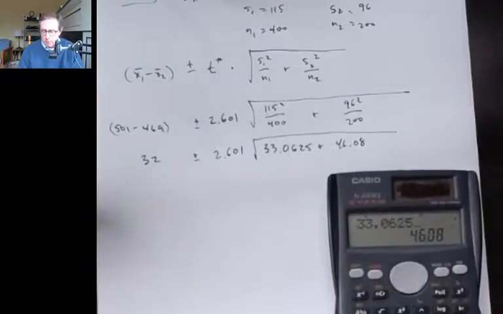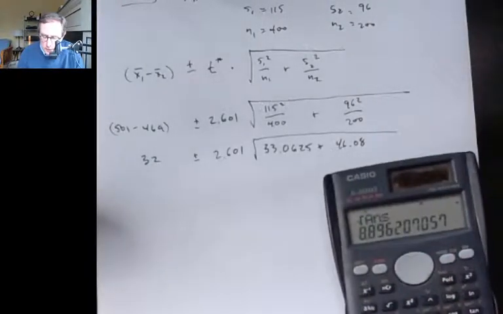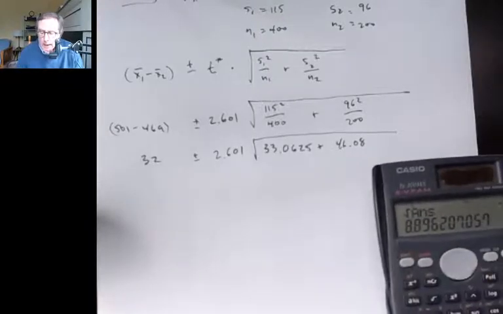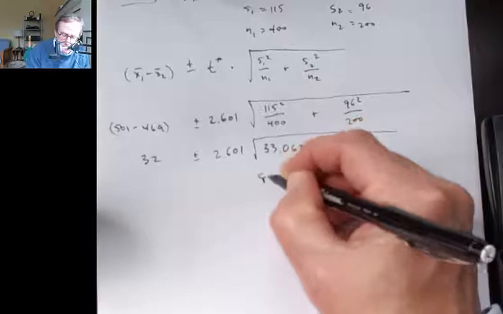33.0625 plus 46.08. Take the square root. And I got to what, 8.89. I'm going to round it to two decimal places, so I'm looking at 8.90. 8.90. I'll write it in. 8.90,